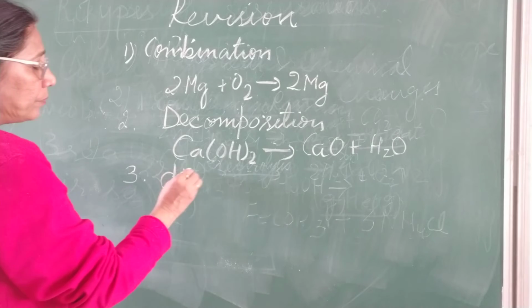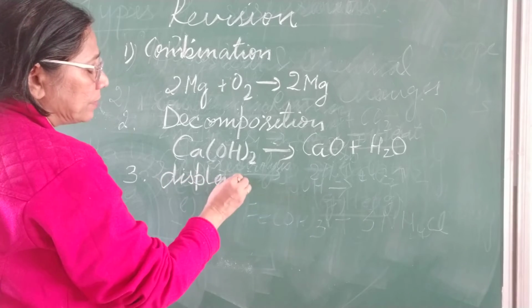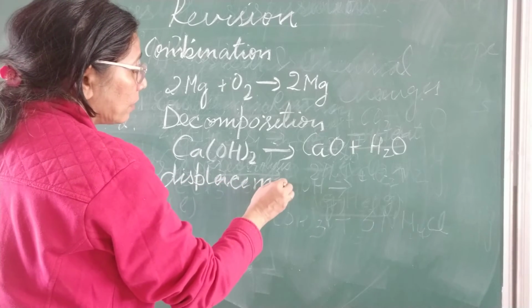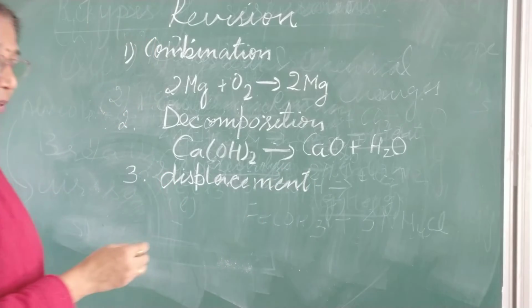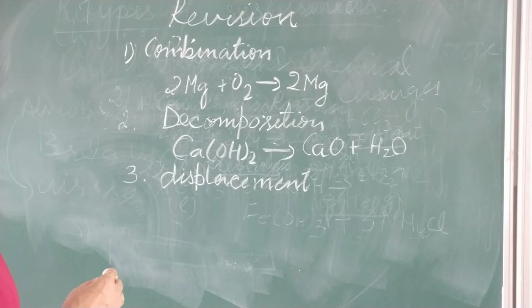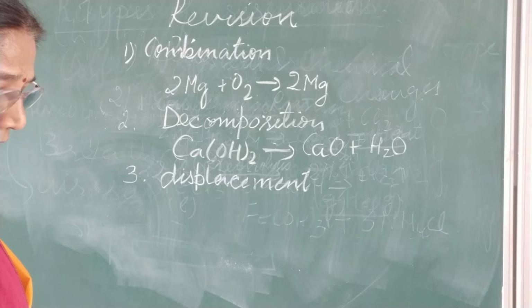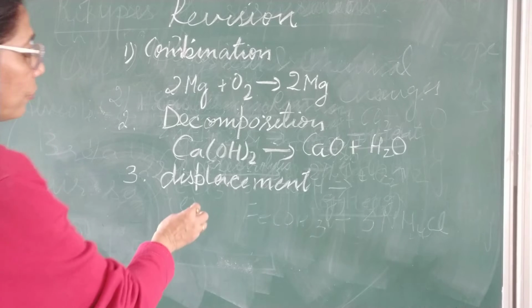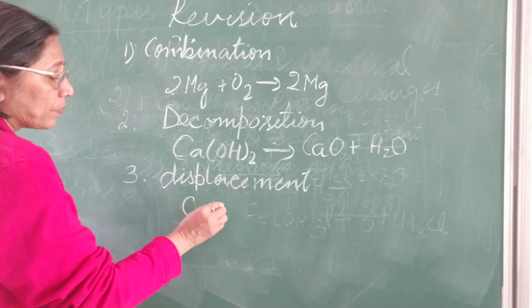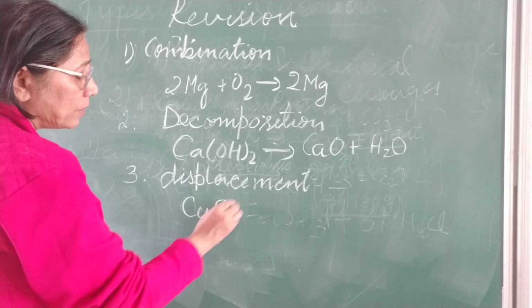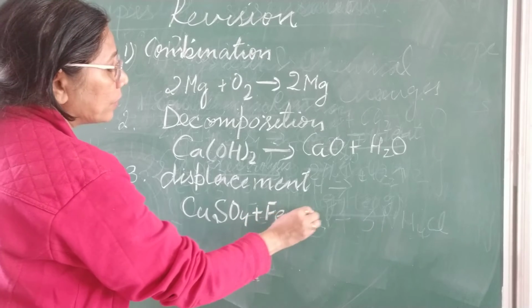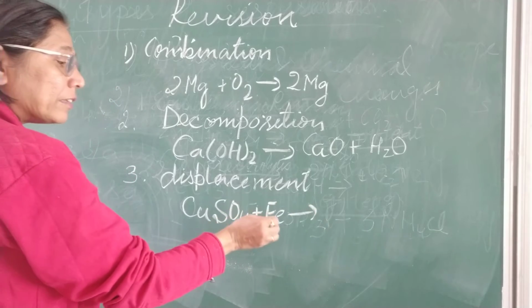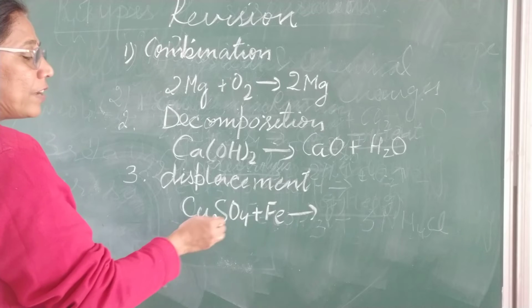Displacement reaction. In this reaction, children, one metal replaces the other metal from the salt. Like, a very good example is copper sulfate plus iron. And one thing we need to keep in mind, this only can replace this when this is